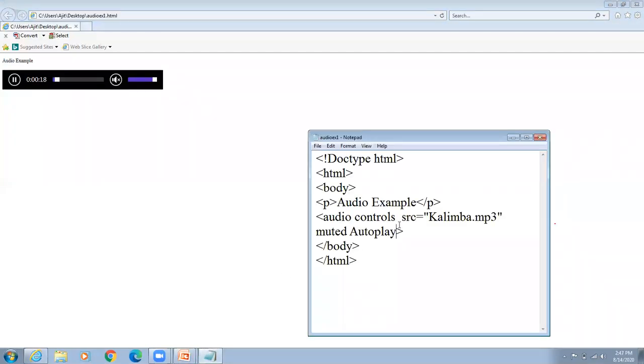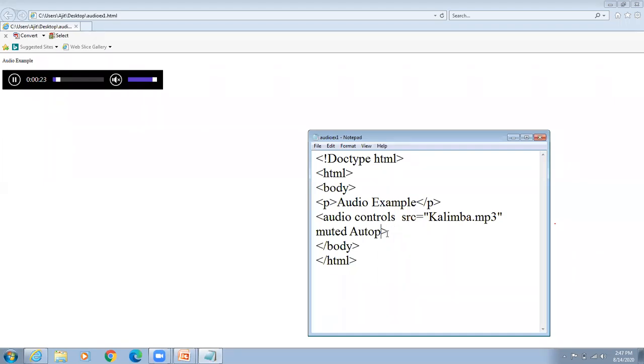Refresh. When I refresh the page, it starts. Okay, as it is muted, you will not be able to hear the sound. Here it started automatically because autoplay is used.